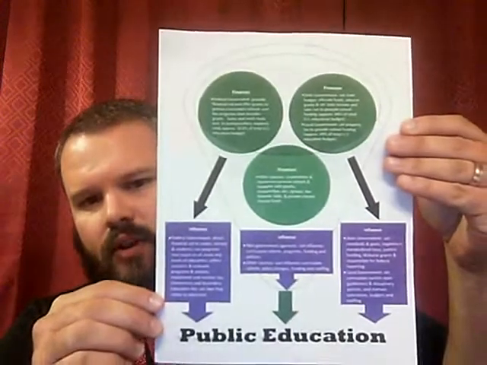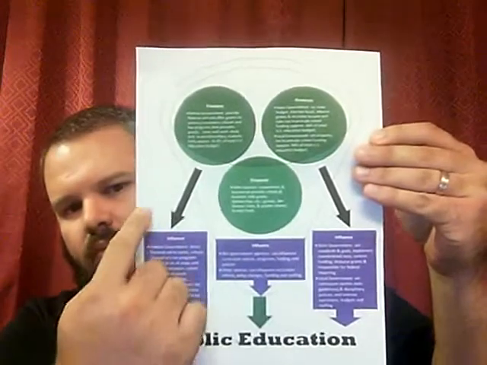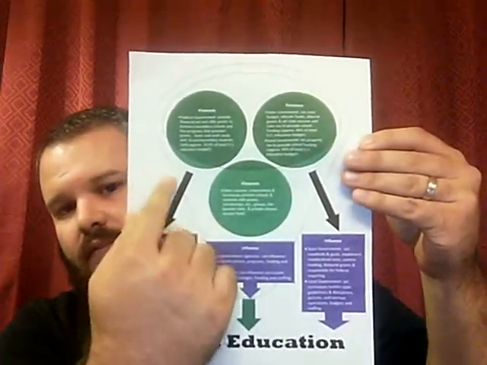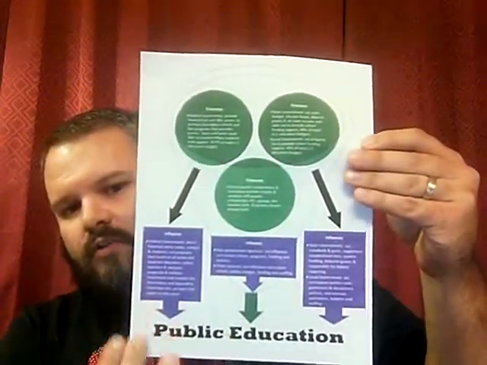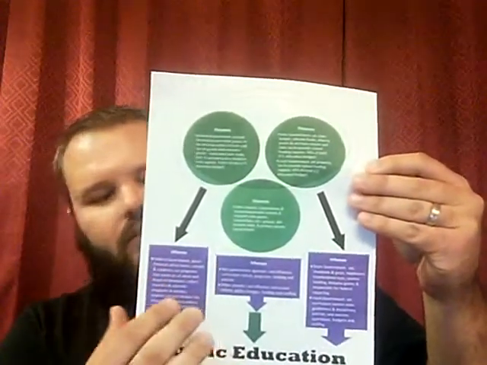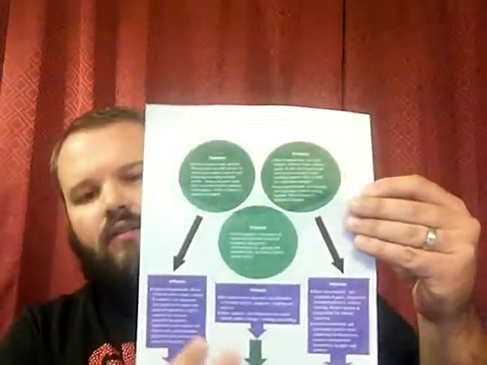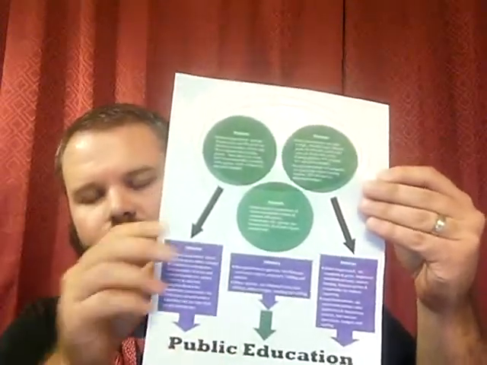Here's an up-close view of it. I chose a funnel type flow chart with the balls inside the funnel being the finance, showing how it funnels into public education, and then the arrows pointing to the purple blocks is referencing the influence and how each area influences public education. So with finances, I have federal government provides approximately 10.8% or $70 billion of education funding for